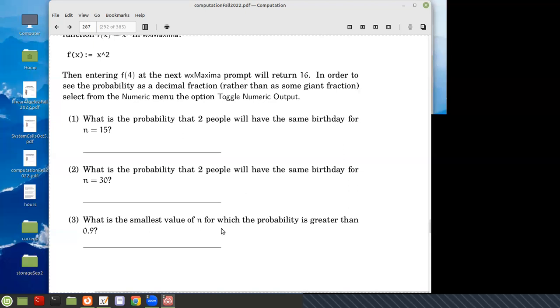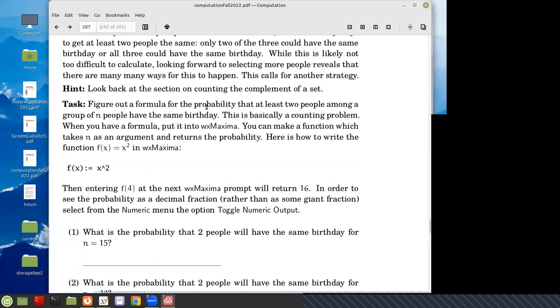The fact that this number is a lot smaller than you think can be used by speakers in an ice-breaking event in which they get everyone to put their birthday, not the year, but just something like February 15th or January 2nd, on a piece of paper. They're almost guaranteed to find 2 people that have the same birthday. So it has some use in that sense. But what I want you to do is think about this puzzle